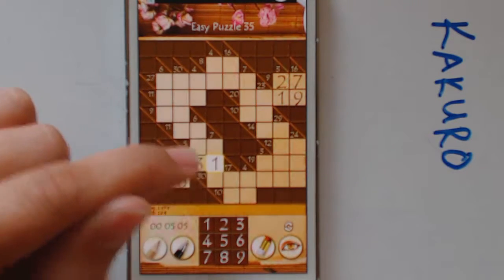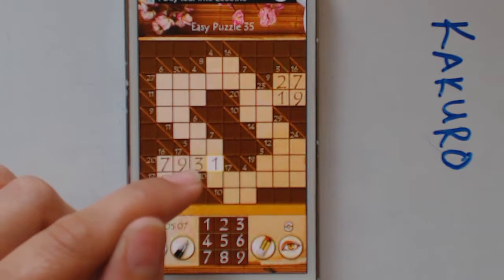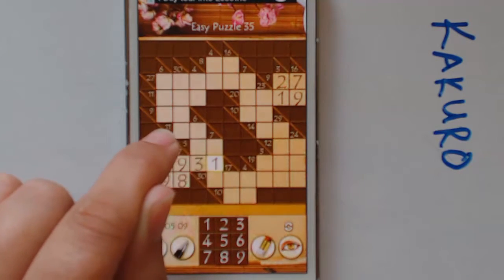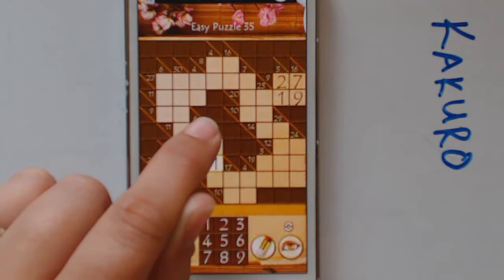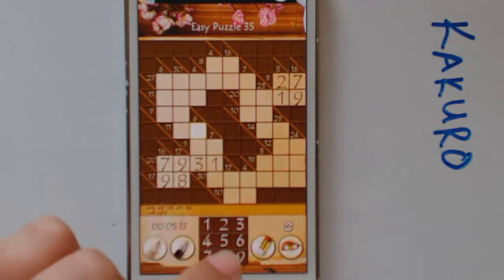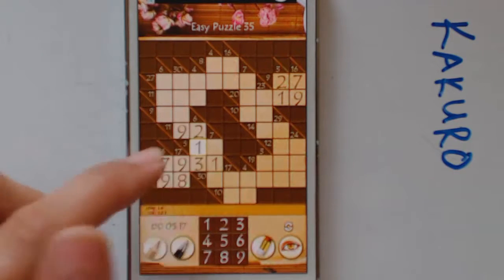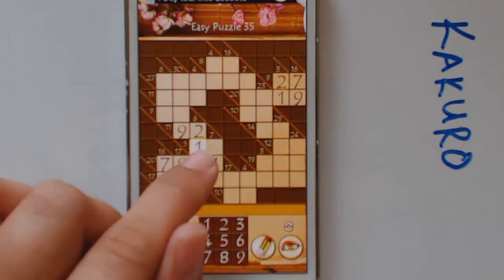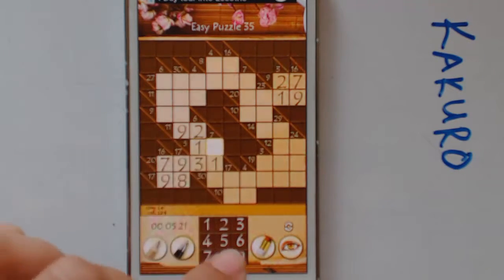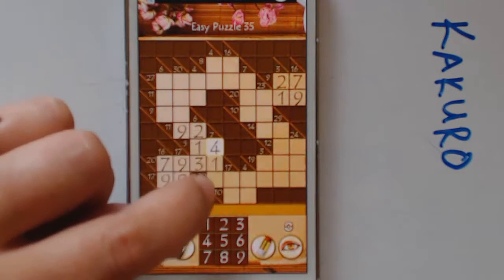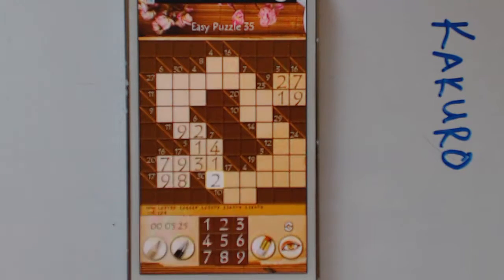I already have the 3 there. Let's quickly look. This row adds up to 11, and I can't have 1 and 10, so then I must have 2 and 9. And then that should be the 1, 2, 3. 1 and 4 gives me 5, and then 1, 2, and 4 gives me 7. And I'm not going to fill in the whole